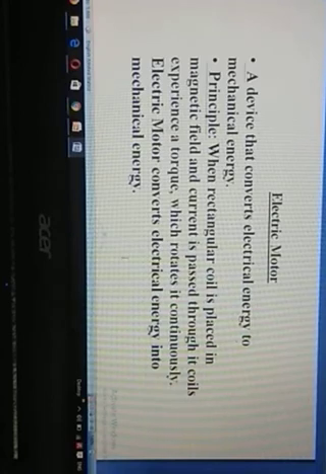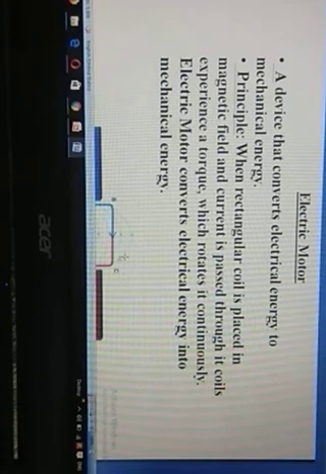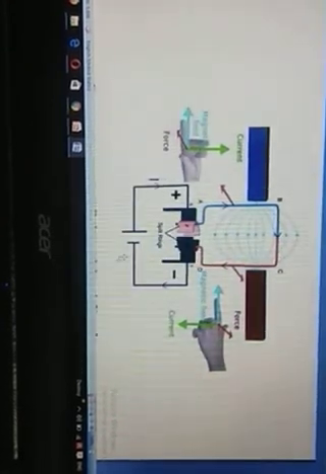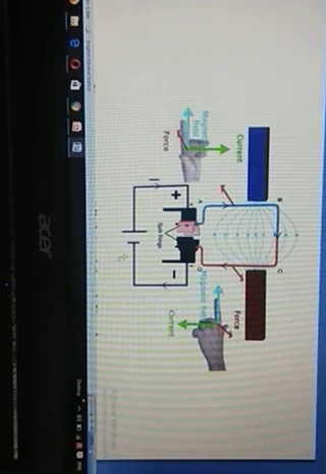So an electric motor is a device which can be used to convert electrical energy into mechanical energy. An electric motor is based on the principle that when a current-carrying conductor is placed in a magnetic field, it experiences a force. As you can see, it has some parts or components. These parts are called the armature, field magnet, split ring or commutator, brushes or sliding contacts, battery, etc. So we have to learn the parts one by one.